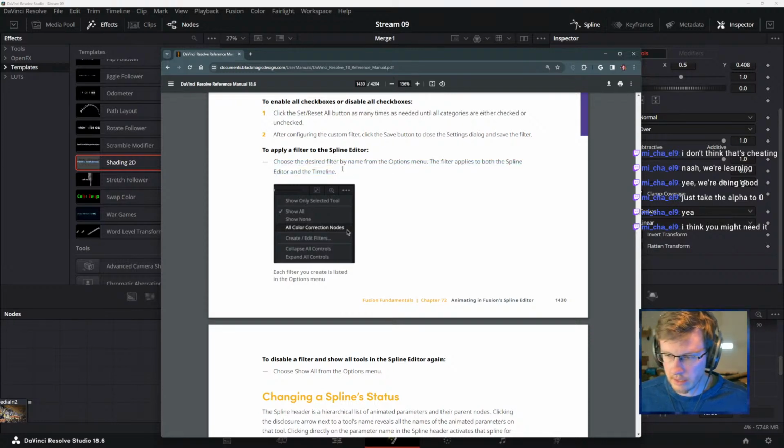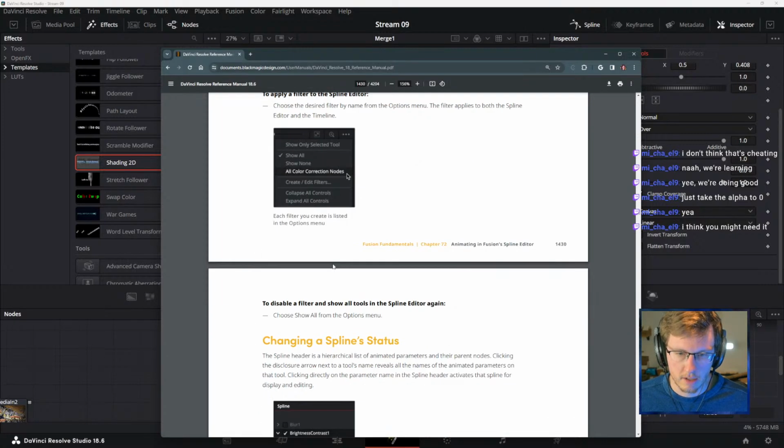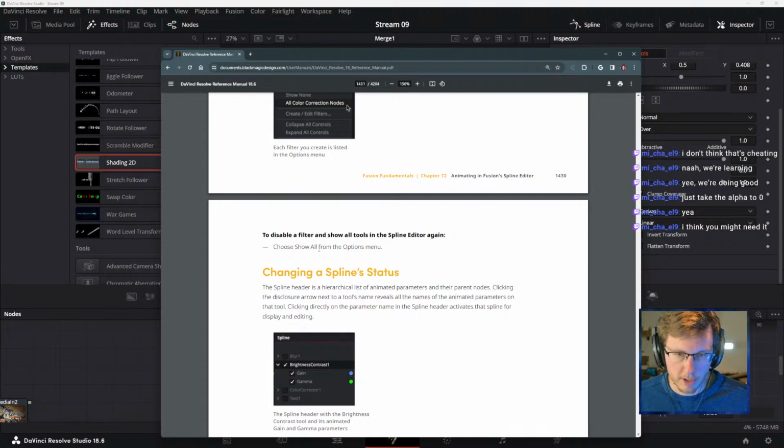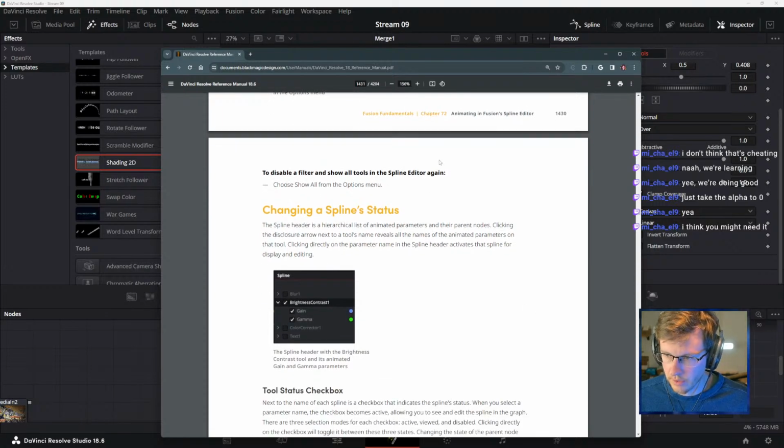All right, these exist. I feel like this is something that we'll be able to try later when we have bigger scenes, bigger trees going on with more things. Maybe that will come back up like, oh, let's try the filter thing.